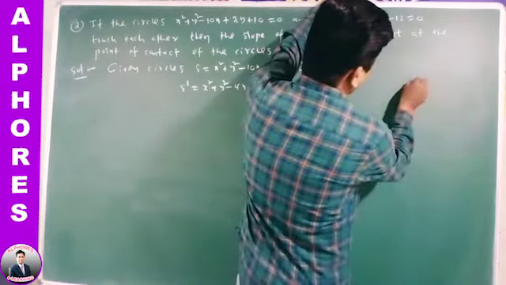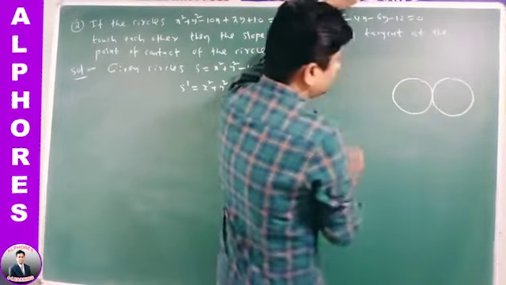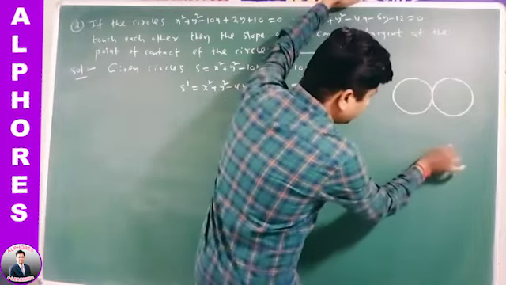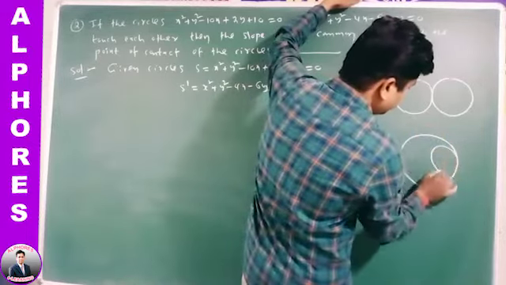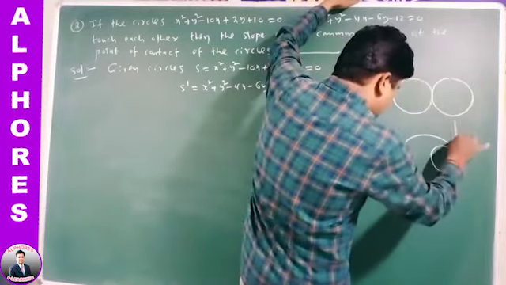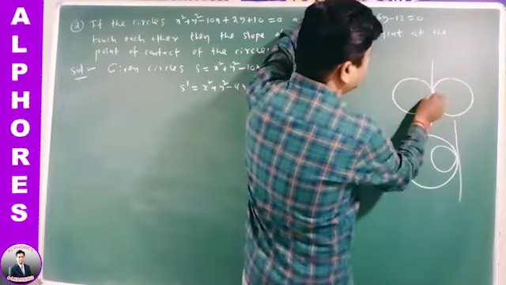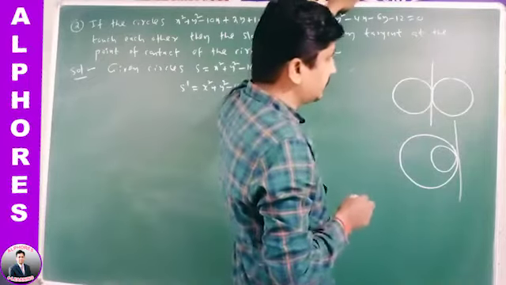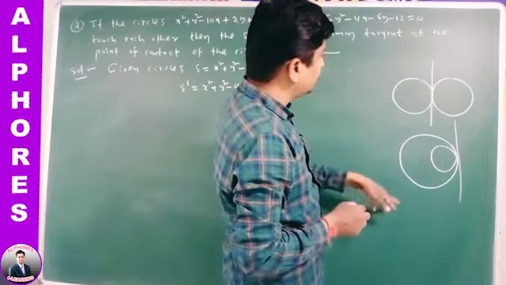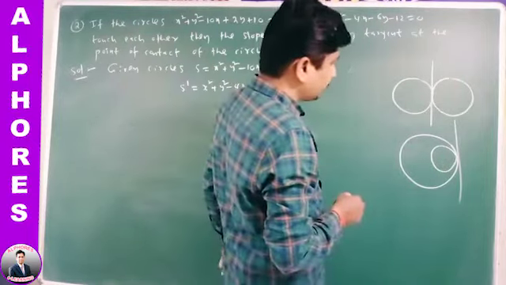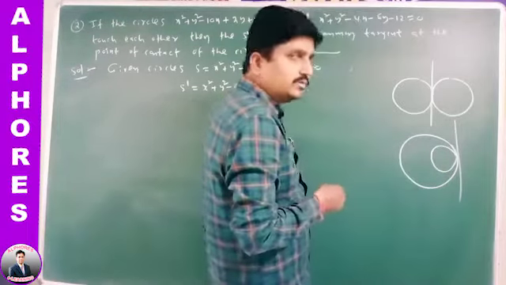The two circles touch each other means they touch externally or internally. In this case, the common tangent at the point of contact is the radical axis of the given circles. If the two circles touch each other externally, the transverse common tangent is the radical axis of the two circles. If the two circles touch each other internally, the direct common tangent is the radical axis of the two circles.